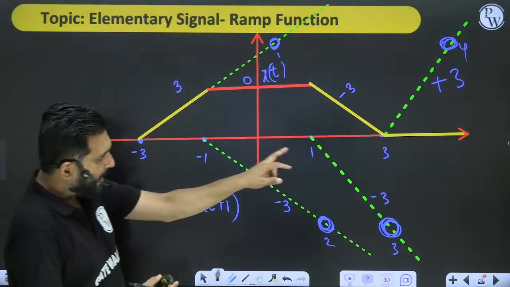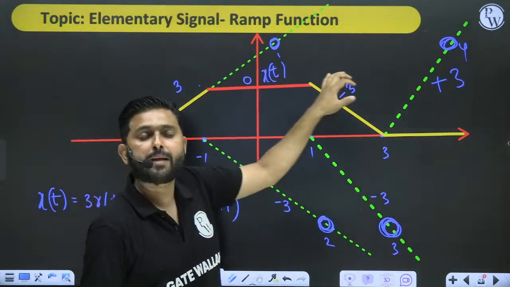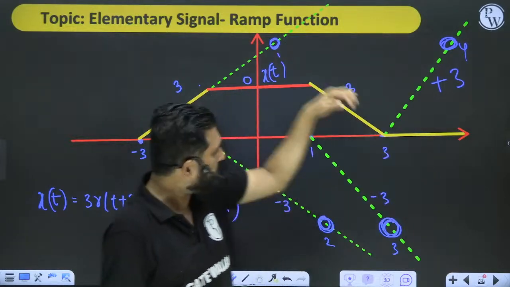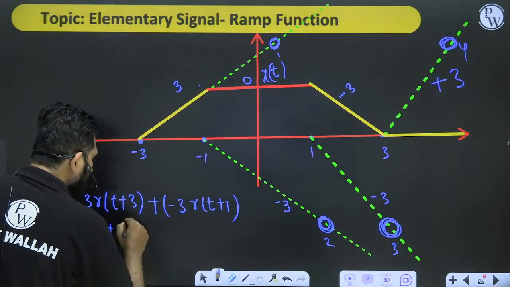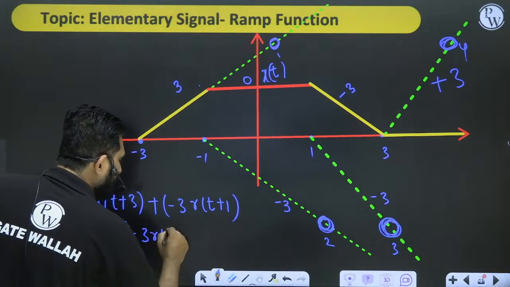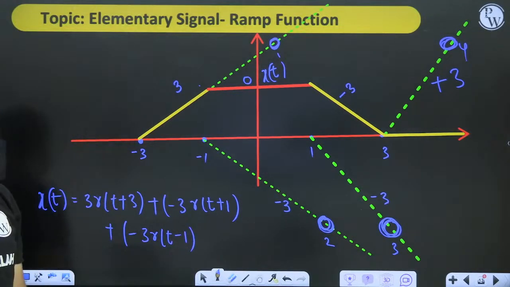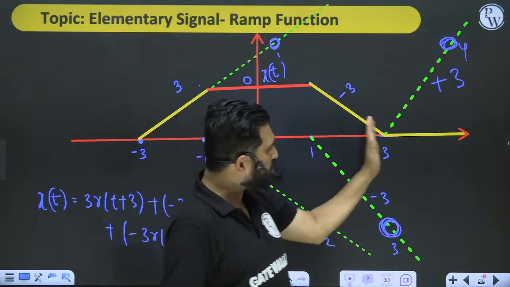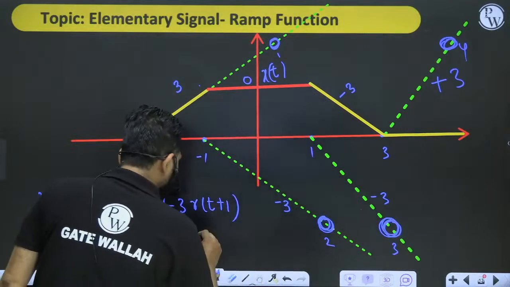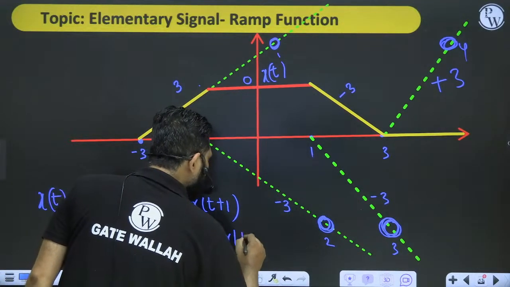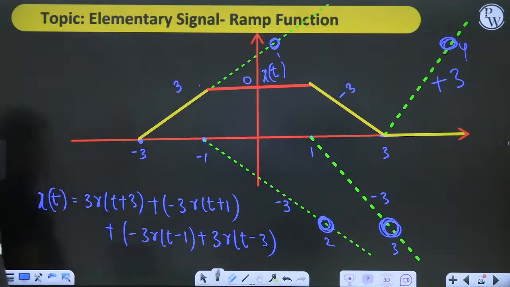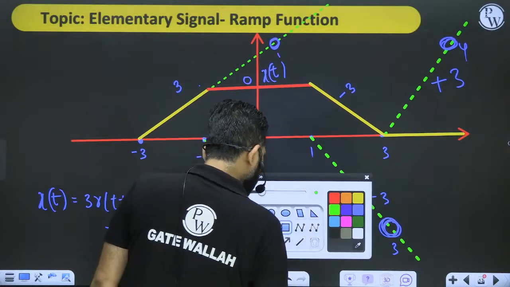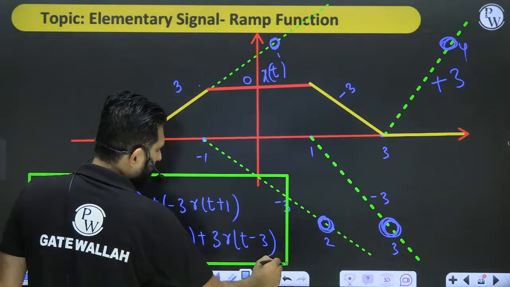Okay. And now after that what will happen? This line becomes 0 slope. Now to change the direction downward, what you have to do? Minus 3r(t-1). The direction is downward. Now to stop it at 3, what I am doing is that plus 3r(t-3). And these 4 will give me